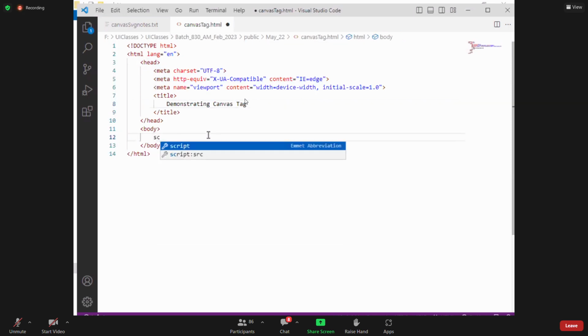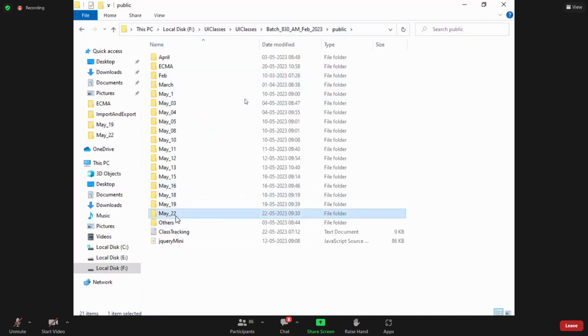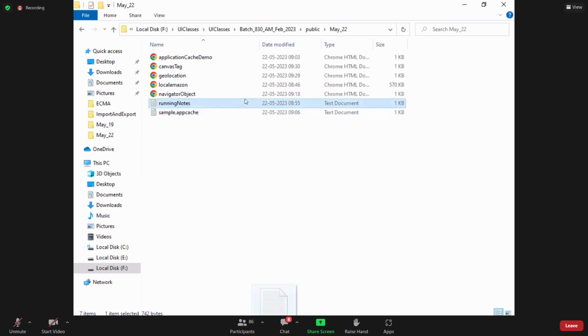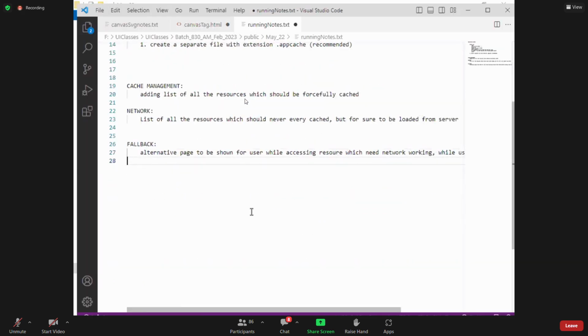So why do we go with this canvas? The main reason why we go with this canvas tag is, from your HTML5, the two new features which are being supported are canvas and